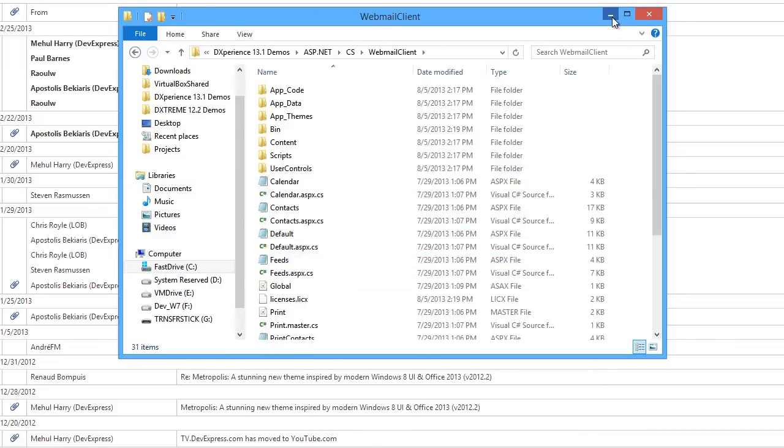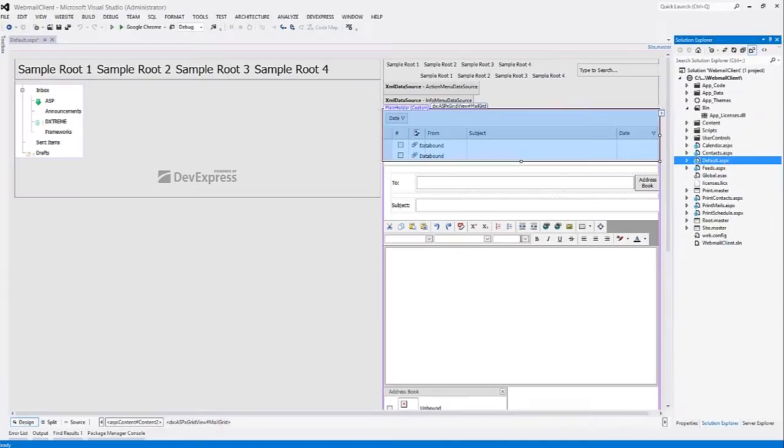And in here is a full project, which I have loaded up in Visual Studio already. Now, in most Visual Studio projects, the first thing you want to take a look at is the default Aspx file. I should say in most ASP.NET projects, default is the root file that you'll navigate to. And this default page is actually inheriting from some master pages where we've got some navigational items like a tree view and a menu up at the top for the different navigational points that we have on this